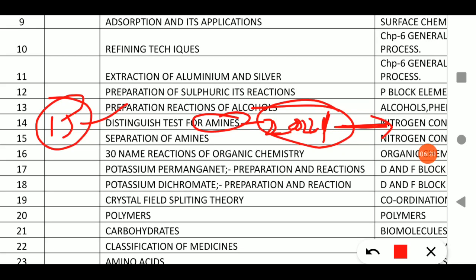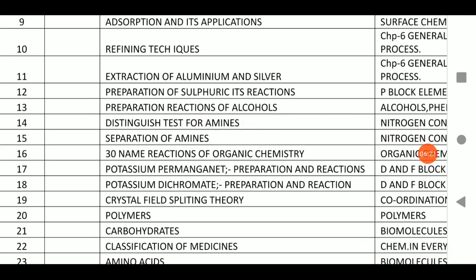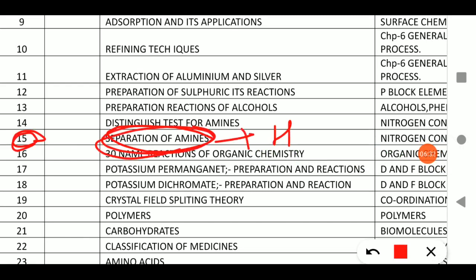Biomolecules is just the first chapter. Okay, I think chapter number 13. Again from chapter number 13, separation of amine. For roll number 15 I am giving this topic, separation of amine. Okay, Hoffman method is there, very, very important. Hinsberg method,